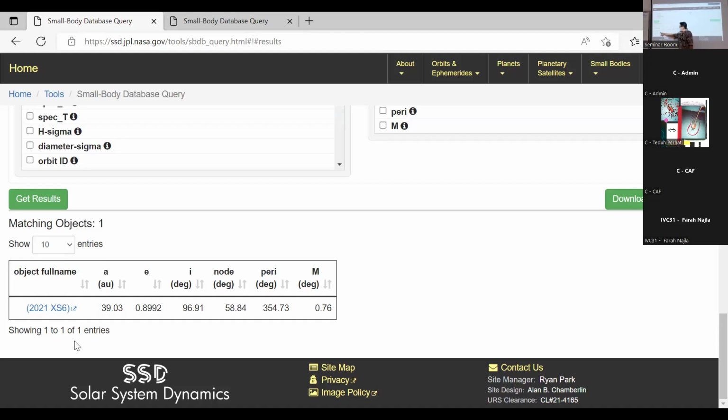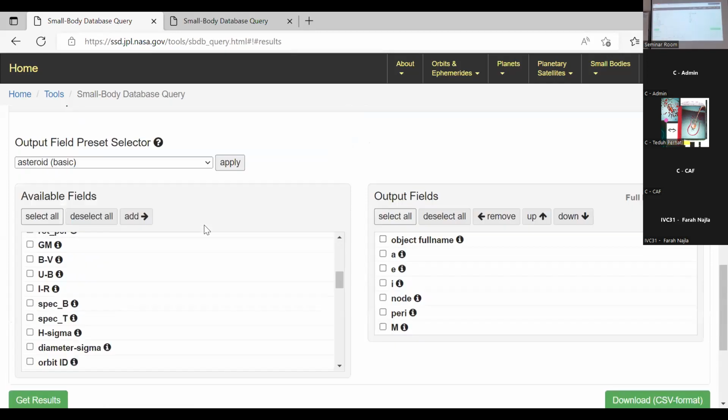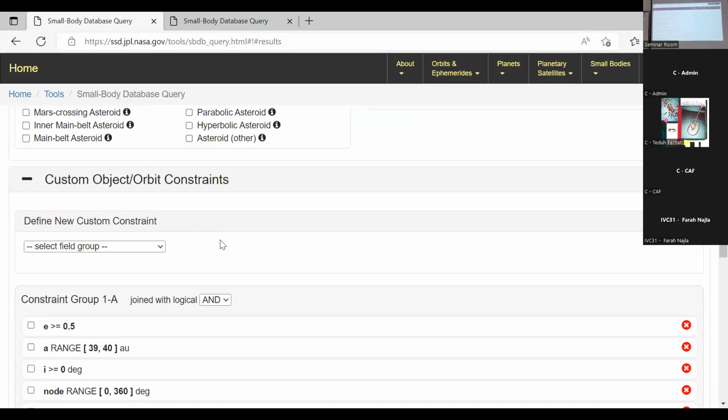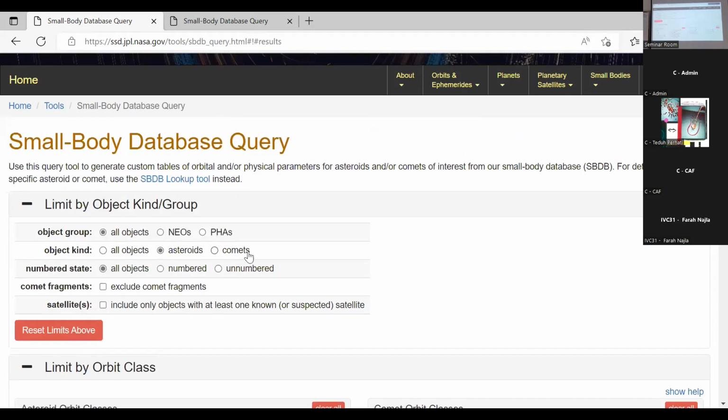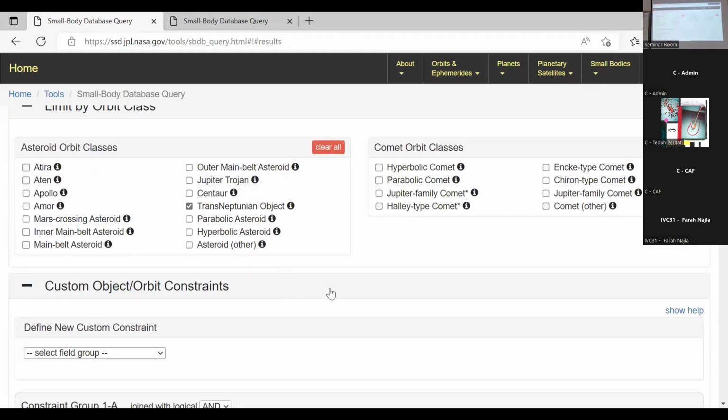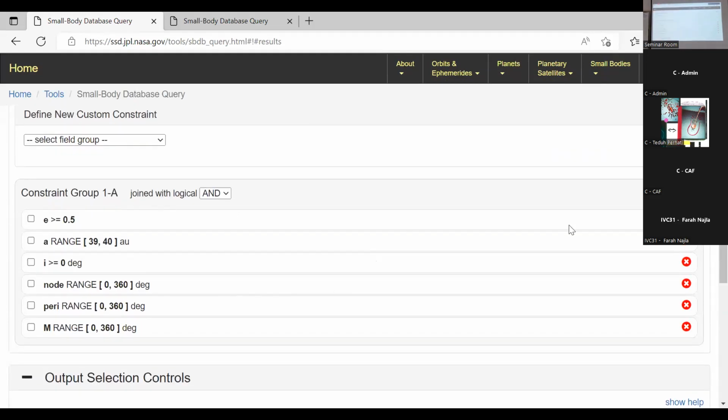You have only one object. Okay? Is it interesting or not? Only one object. How about if you want to put some other objects? For example, you change the eccentricity.